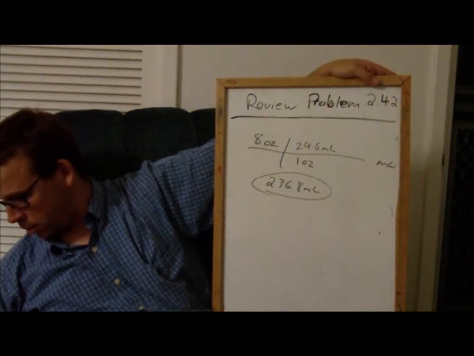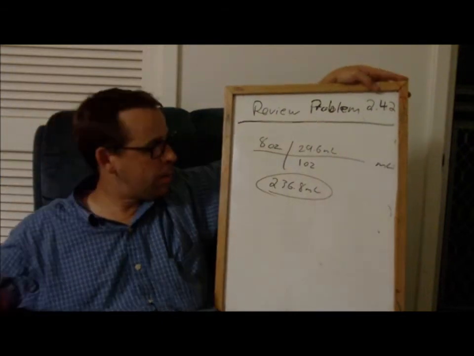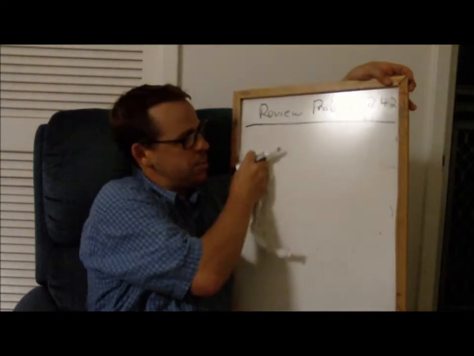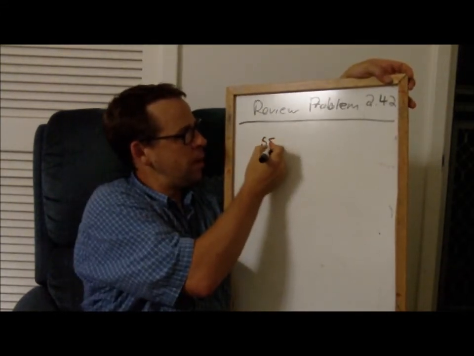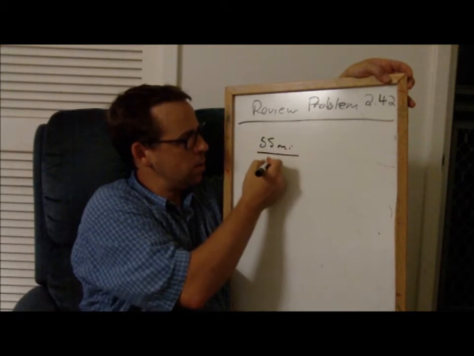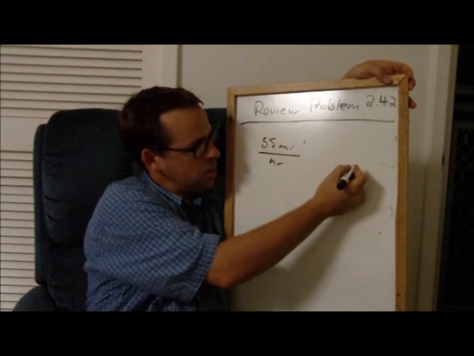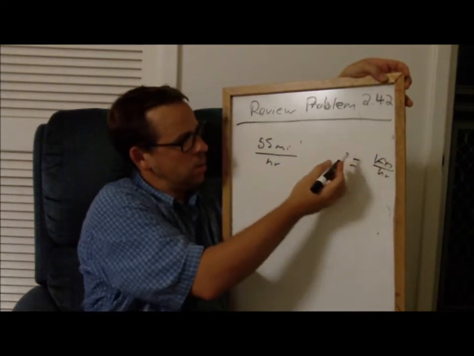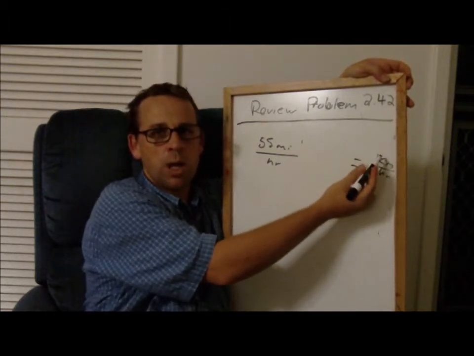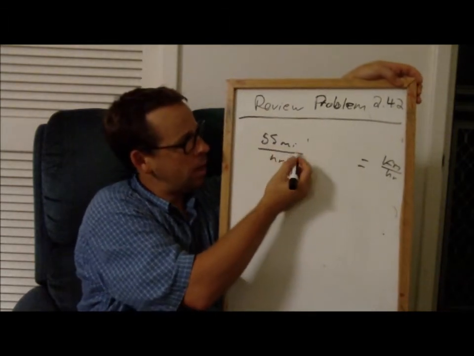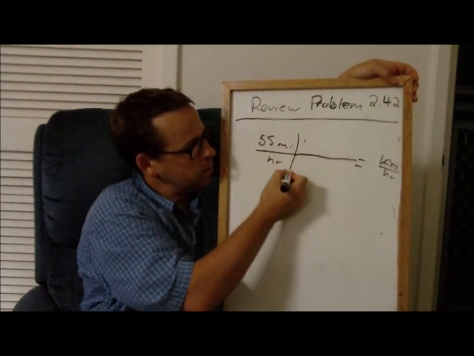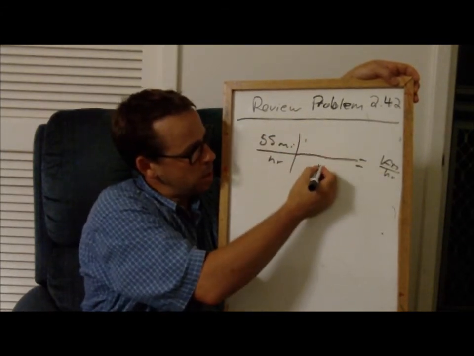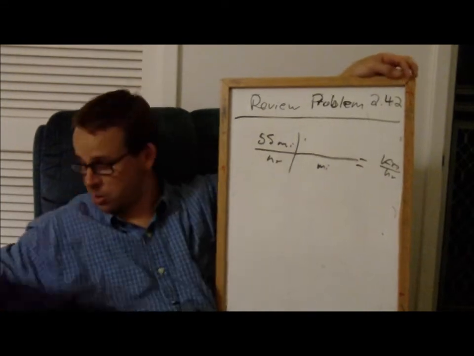Okay? So 2.42 E, 55 miles per hour. How many kilometers per hour is that? 55 miles per hour. How many kilometers per hour? So we have 55 miles per hour. Again, we write the units for what we want, kilometers per hour, the units for what we have, miles per hour, and we convert miles here to kilometers. So we need miles on the bottom. If we know how many kilometers there are in a mile,